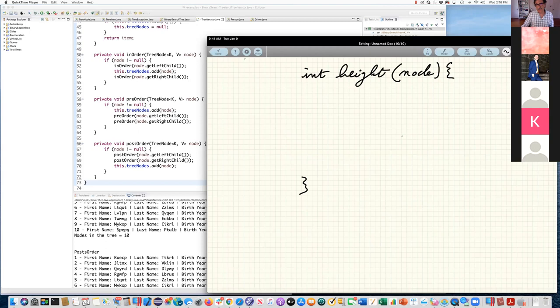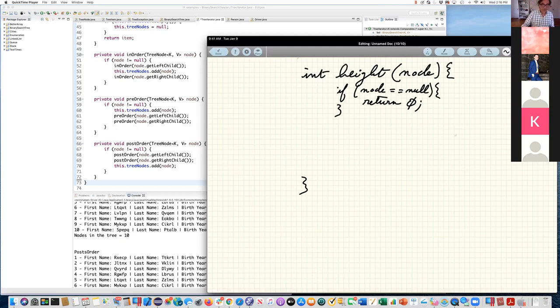This is a very simple recursive method, okay? If the node is null, in other words, there is no node, we're saying return a 0. The height is 0 if there is no node. Okay, your book returns a -1, okay? Which doesn't make sense to me, because that's not how I define height. If there is no node, what does it mean to have a height of -1? It's much more likely that a height of 0 is more appropriate, okay?